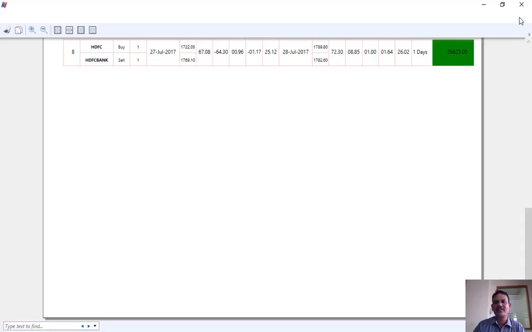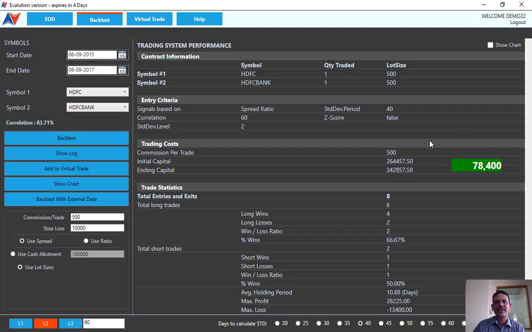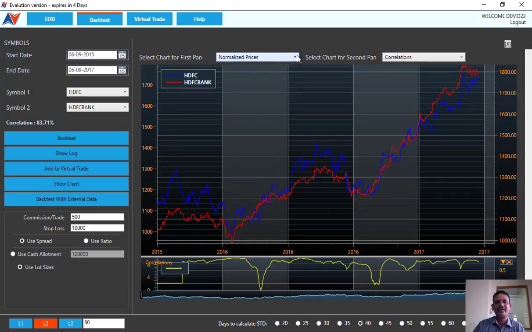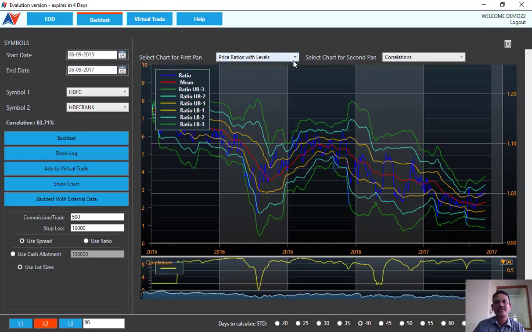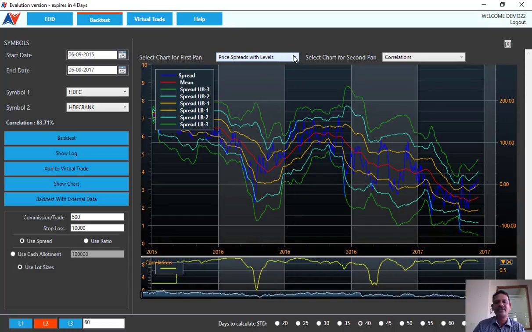Like that you can check the backtest for any of the stocks. If you want to check the chart, just click on show chart, and the same way you can check price ratio with levels, spread with levels, S1 prices